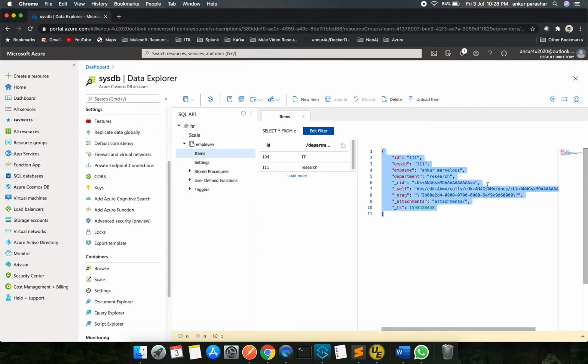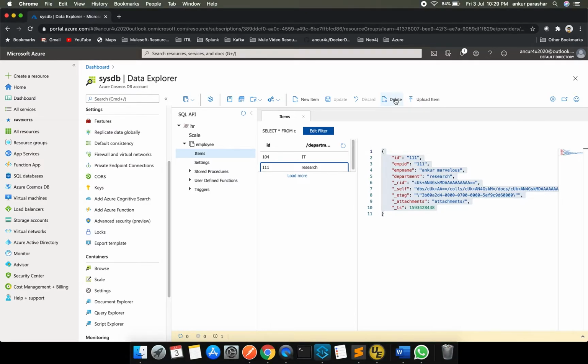You can manipulate it over here and create a new record as well. If you want to delete, you just have to select this element and click on delete. That's pretty much the Cosmos DB setup required on the Azure portal. Now let's quickly jump to our MuleSoft Anypoint Studio.